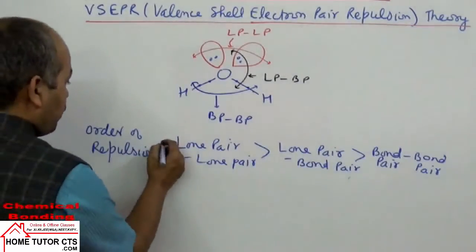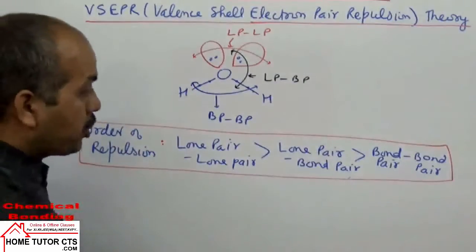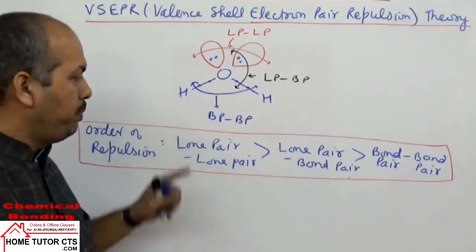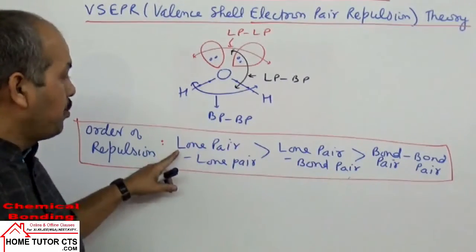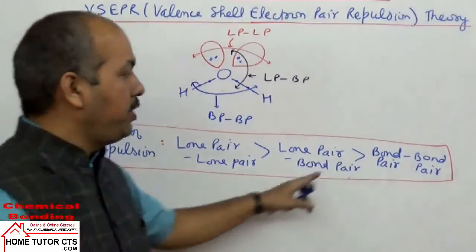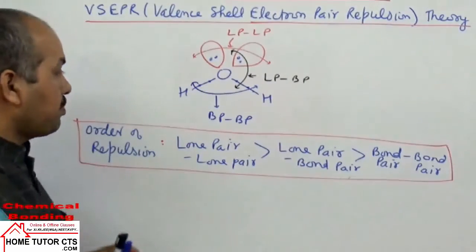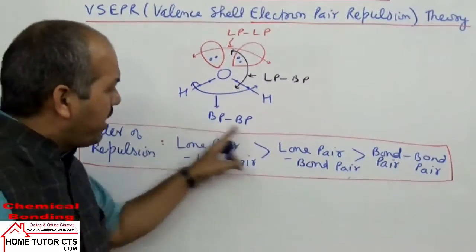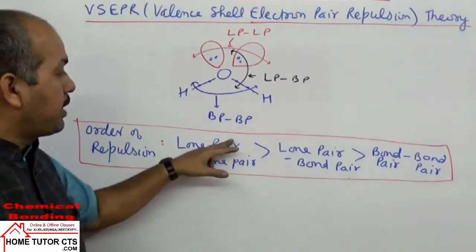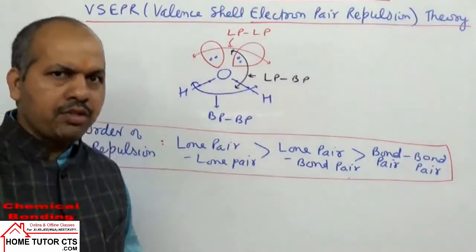Again, it is one very important concept, which will help you to compare the bond angles, the variation of bond angles, if the central atom has both lone pair and bond pair. So be careful. The order of repulsion: lone pair repulsion maximum, then lone pair-bond pair repulsions, and then bond pair repulsions. The order of repulsion will follow this pattern. Now, can you tell why this is the order of repulsion of lone pair and bond pair? Why will the lone pairs cause maximum repulsion, whereas bond pairs will cause less repulsion? Can you think of the reason for this?